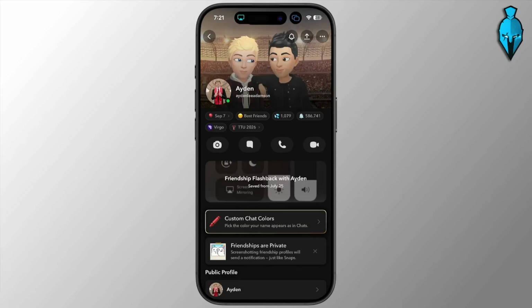The planet shown represents your position in that friend's best friends list. Mercury is closest to the Sun and represents the number 1 position, followed by Venus, Earth, Mars, Jupiter, Saturn, Uranus, and Neptune. You can return to your Snapchat Plus membership card at any time if you want to turn solar